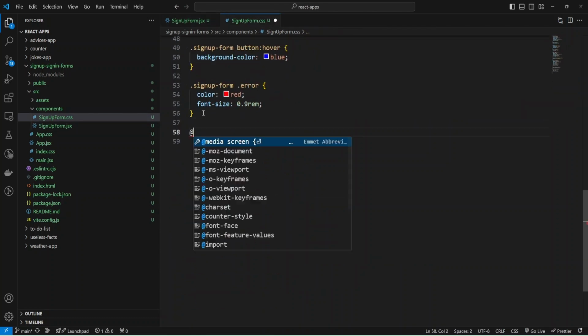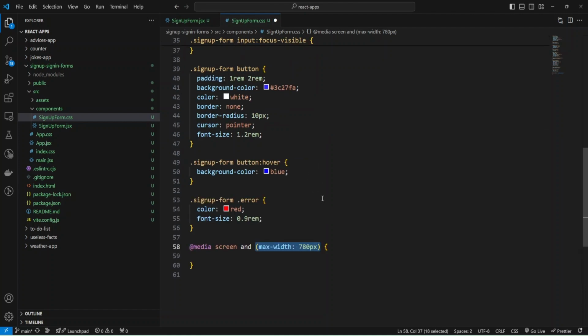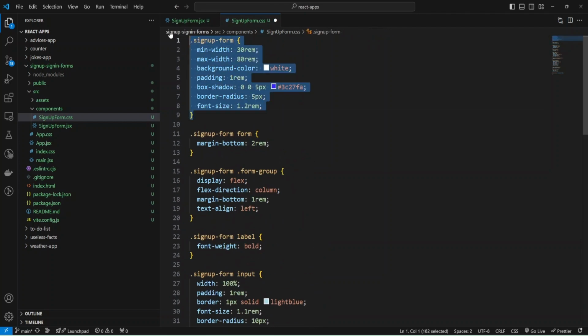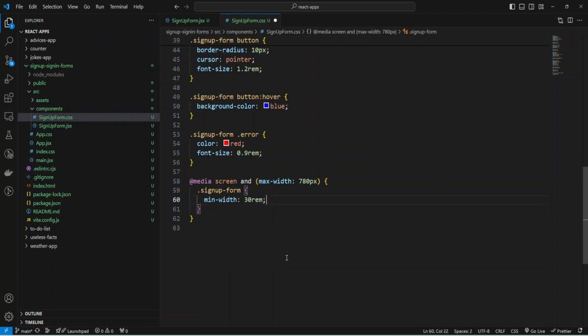Here I'm just going to add media styles for screen, and check max width inside parentheses, max width 780 pixels. And if we have a device with less than 680 pixels, then we can change styles for our sign up form and just make min width 20 rem.